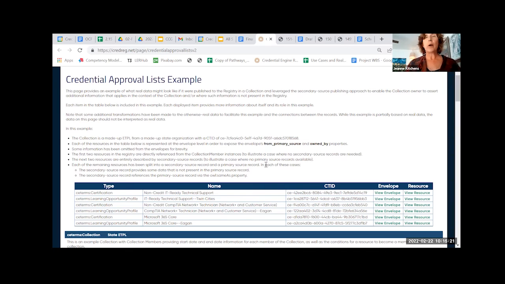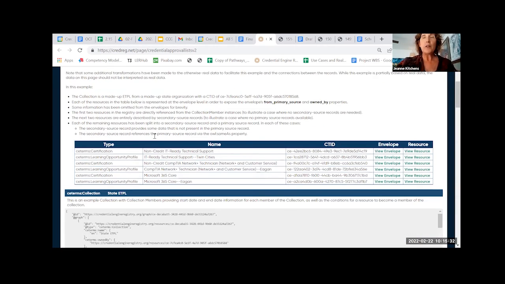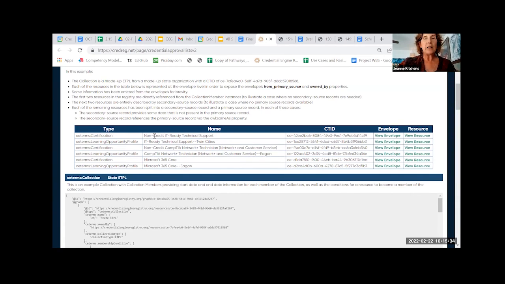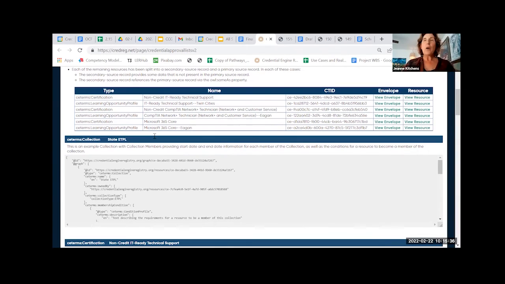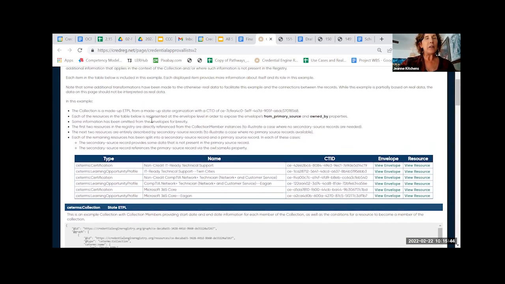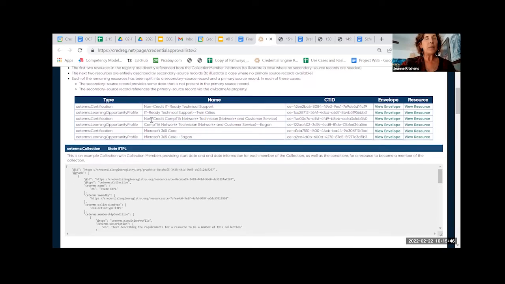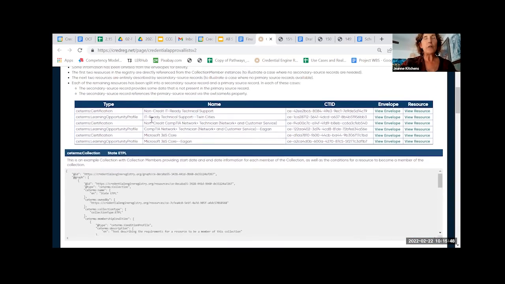And because we're already working with many creators of lists, we already have a lot of data that we could utilize. And basically this link provides examples using the CTDL as linked data. And it's to further prove out the model. And it walks through a series of use cases. And you can see it's explained at the top of the page here, and each of the examples are explained.